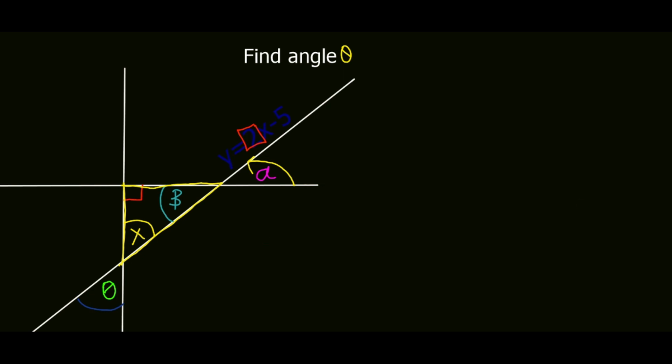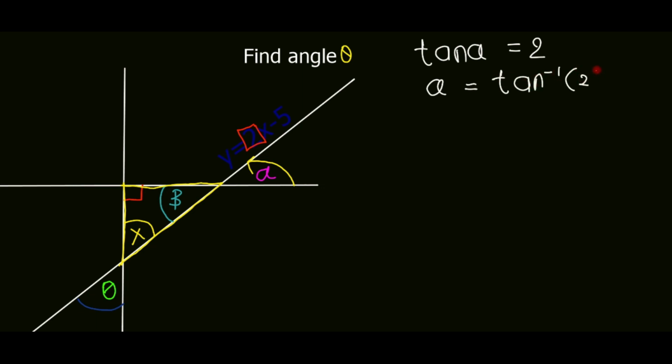And then from there, if we find this angle x, we get angle theta, because of vertically opposite angles. So the first thing, we find the angle of inclination, which is angle alpha. So tan alpha is equal to the gradient, which is 2, and then from there alpha is equal to